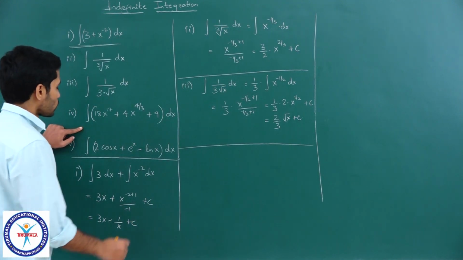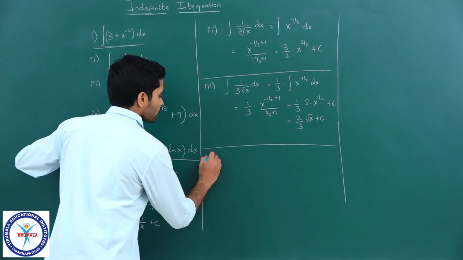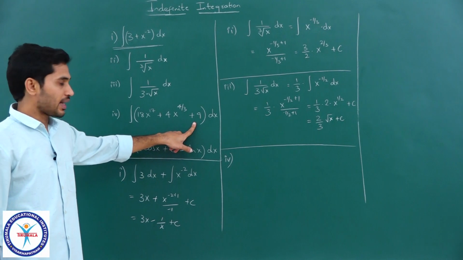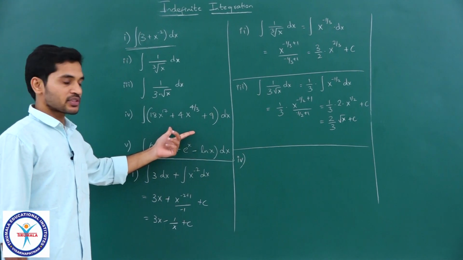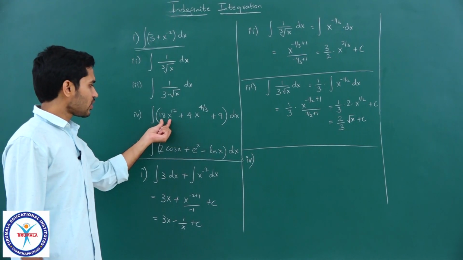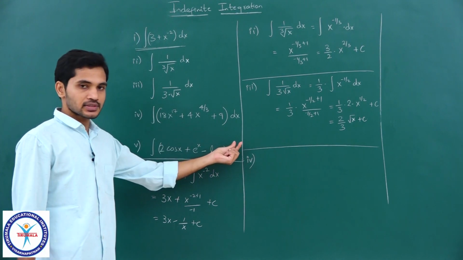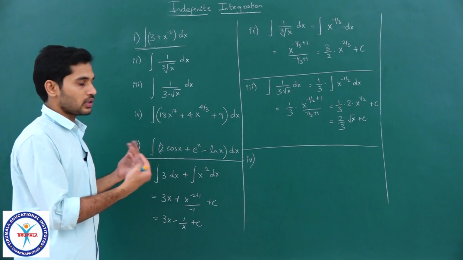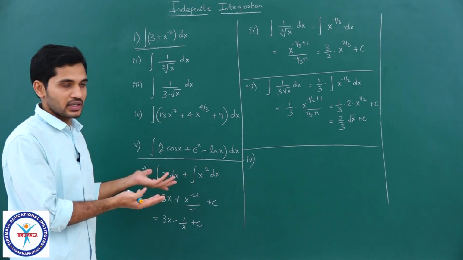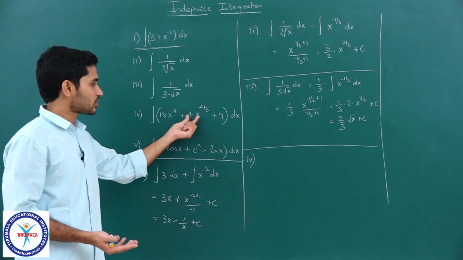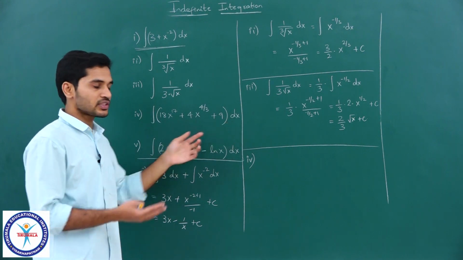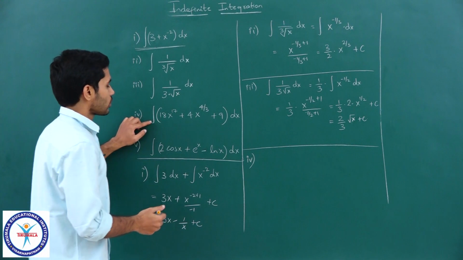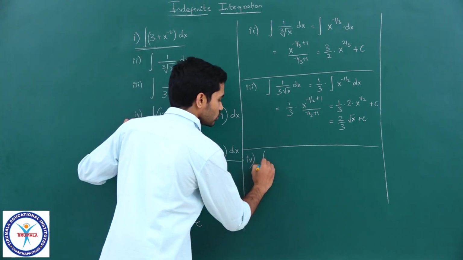So, in the fourth one, we have a very big expression, but as I told you, do we need to worry if the expression is big? No, right, because these are all 3 small integrations and then we will have to add them. So, it might look big, but it is not that difficult. Perform integration of this, integration of this, integration of this, add them finally, right. Okay. So, let me write them individually first.